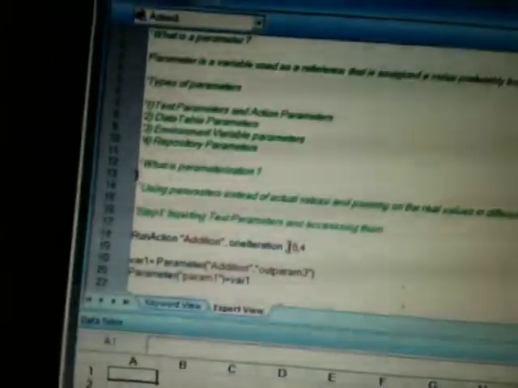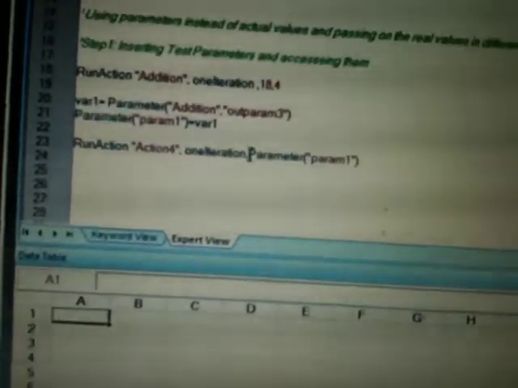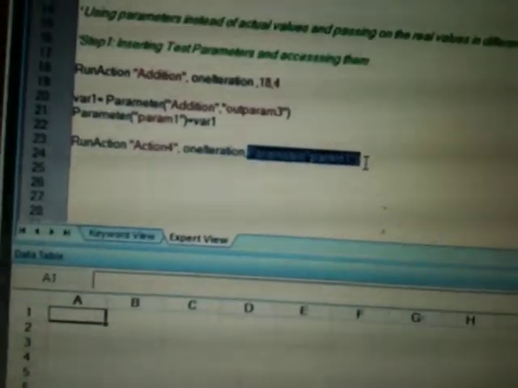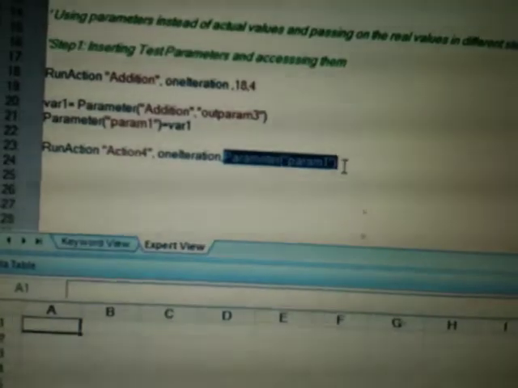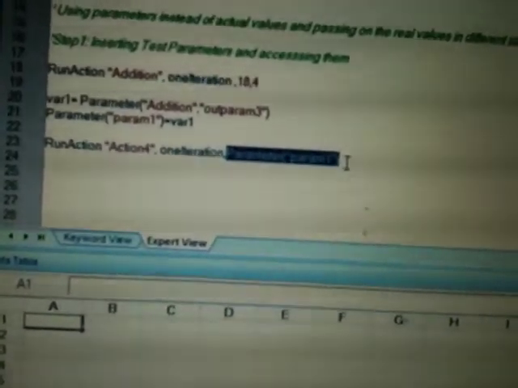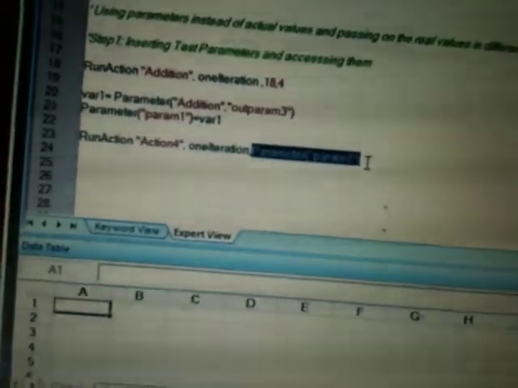And how I have passed that as an input parameter, it is in the same way. How I have passed it in action 1 for addition, I have passed it as 18 and 4. For action 1 also, this is my output and input parameter of action 1. So there is not much difference. You create a simple action, okay? You create 2 parameters for it and try to do some computation inside it, x square plus y square, and pass on those values while calling the action. Then you will understand how to use parameters.